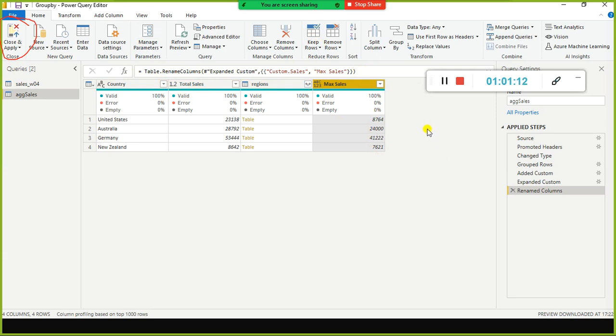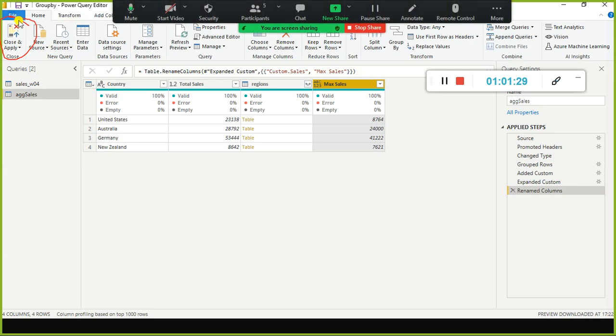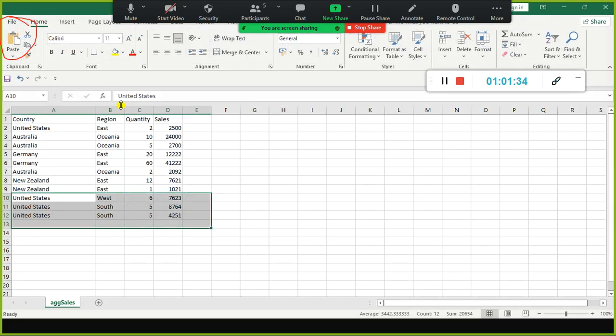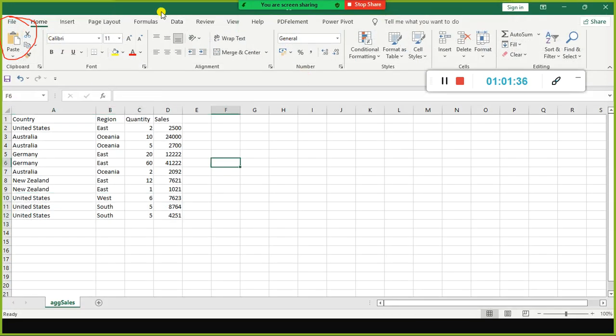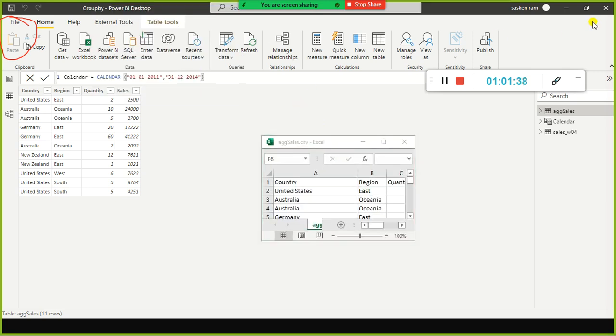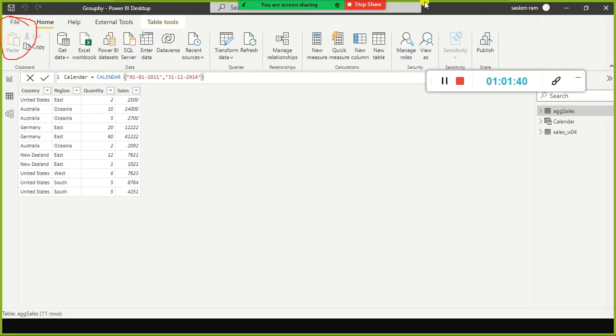Okay, now you understood, right? So now we have completely covered all the options that are available in group by in this session. You just practice it without fail. I'll share the same PBIX file with you all, like how I shared it yesterday. The data file also I'll share with you, because I used this data file. Practice it. If you practice it on a daily basis, you will be able to pick it up quickly.